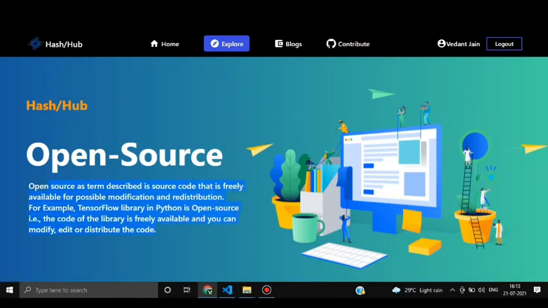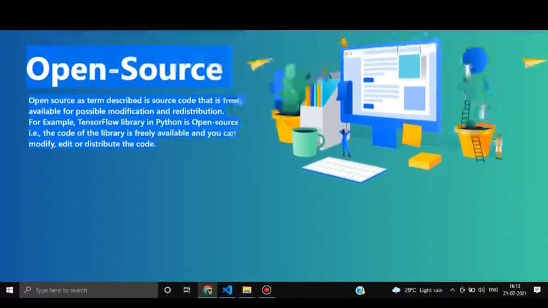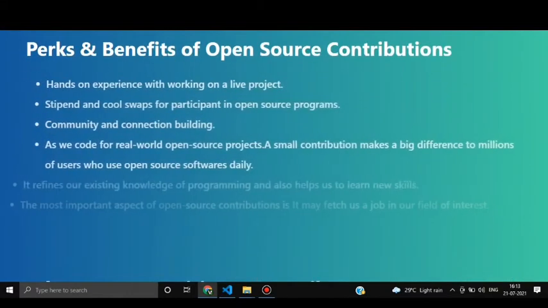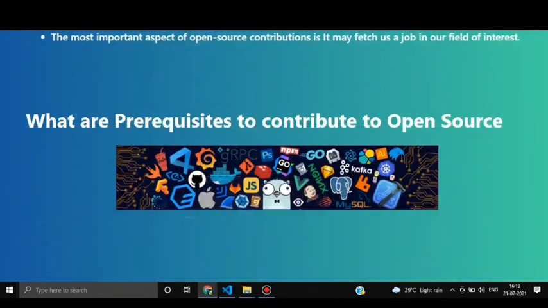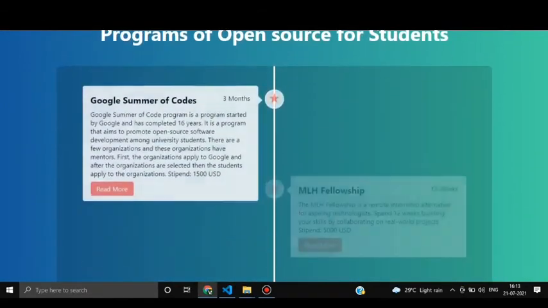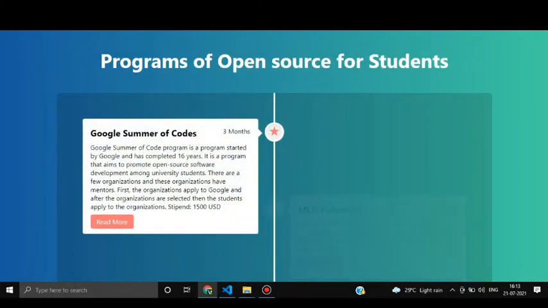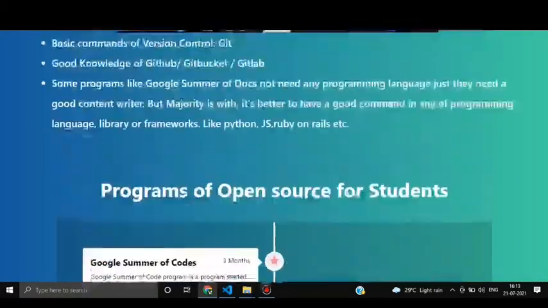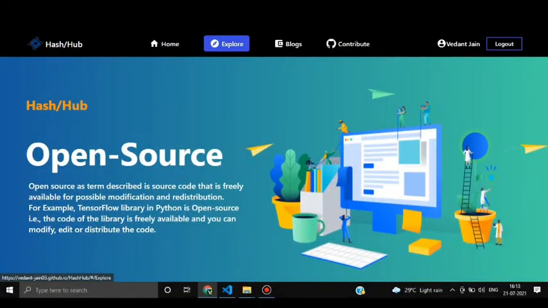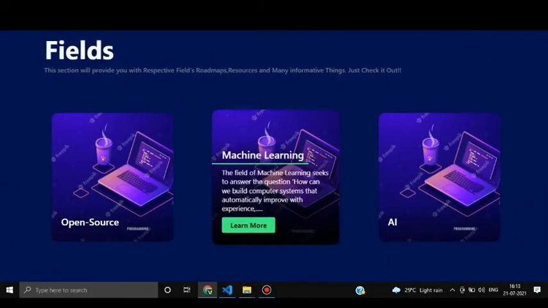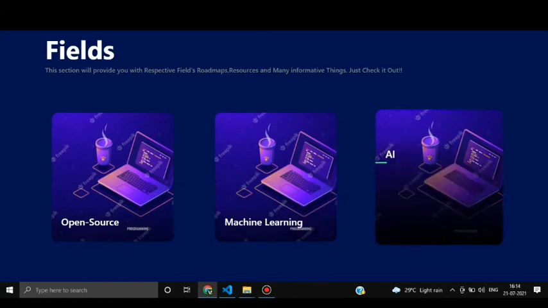In this scenario, for open source, you will get a description of what open source is, what the components of open source are, the perks and benefits of open source contribution, prerequisites to open source, and the programs of open source for students, like GSOC, MLH fellowship, etc. Respectively we have all the fields; for now we have two more fields, that is machine learning and second is AI.